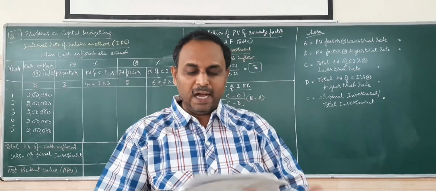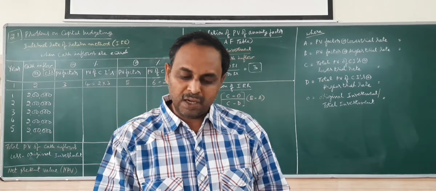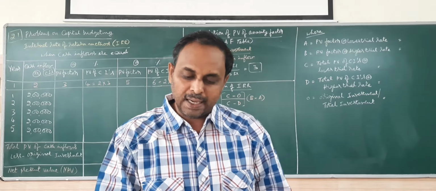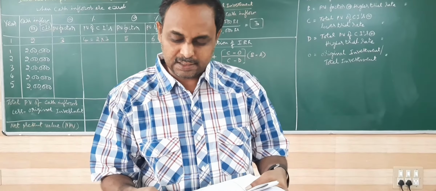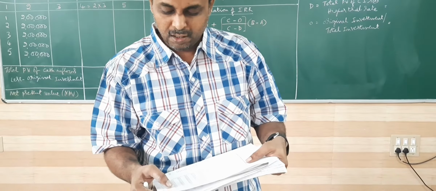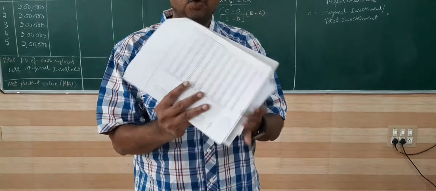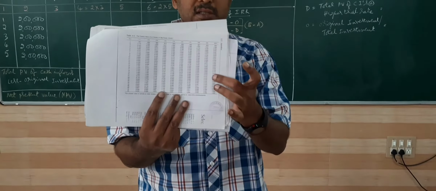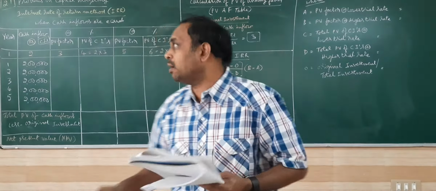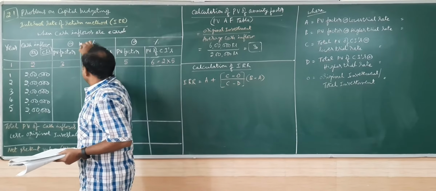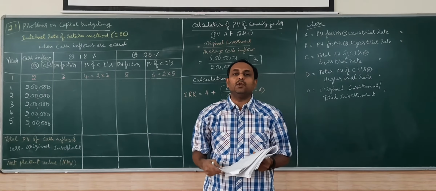If I look here, I have a table in front of me. At the 5th year, very near to 3 are 19 and 20. At 19% we have 3.058 and at 20% we have 2.991. So that is the value we have here. There lies the IRR. So I have to take 19 and 20%, or I can take a different one. I will take one less. I will take 18 and 20 as trial rates, which is from the annuity table.